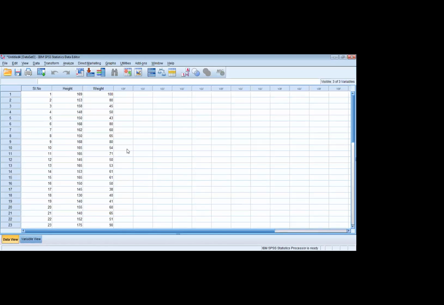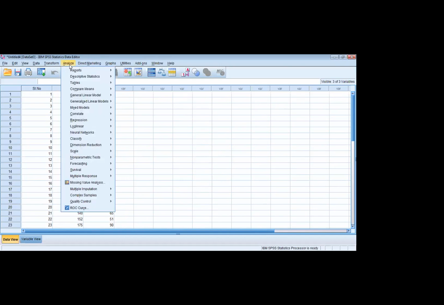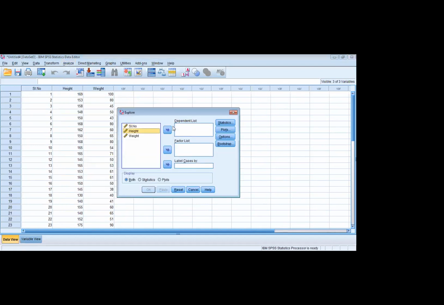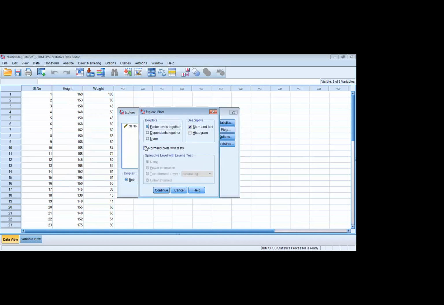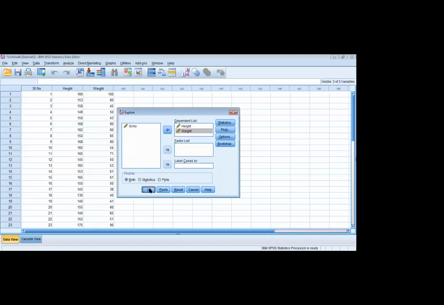So this is data of the variables height and weight. Both are continuous. And if I want to know whether any relationship exists between height and weight, between these two continuous variables, first, as both variables are continuous, I can definitely go for a Karl Pearson test. But as it is a parametric test, it's better to test their normality. So I'm going to Explore. I'm selecting the variables height and weight. Then I'm going to Plots, normality plots with tests, and Continue.